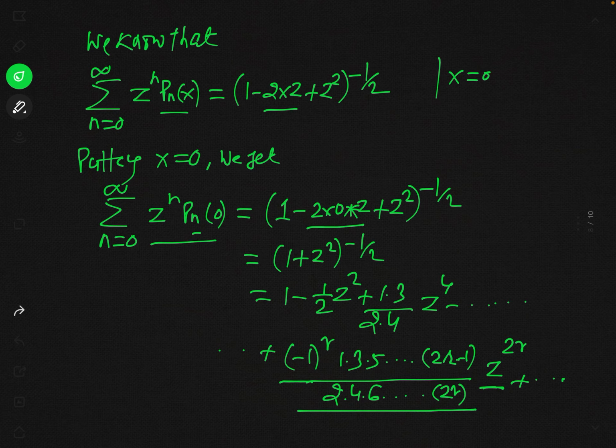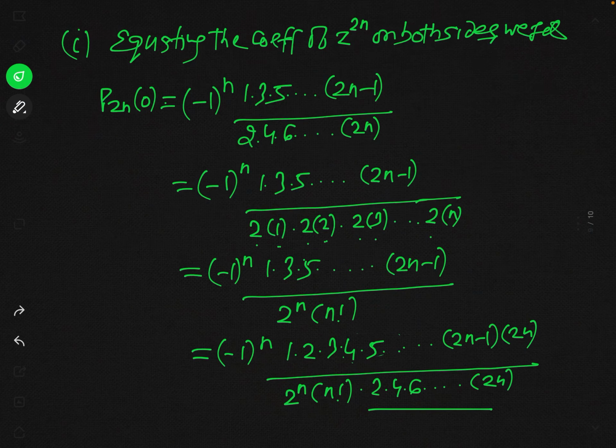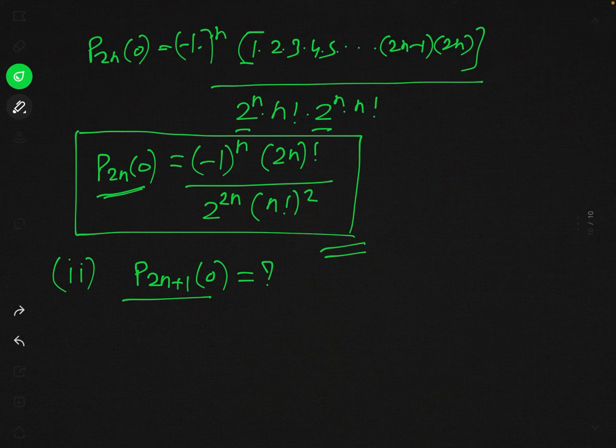एक्चुअली हम लोगों ने जो एक्सपेंशन किया है z टू द पावर n, Pn ऑफ जीरो का, फ्रॉम n इक्वल टू जीरो टू इन्फिनिटी, तो आप अगर सीरियसली ध्यान से इस RHS को देखें, इसके एक्सपेंशन को देखें, तो इन फैक्ट इन RHS देयर इज नो टर्म कंटेनिंग z टू द पावर एनी ऑड नंबर। z पर कहीं भी ऑड नंबर पावर के रूप में है ही नहीं। आप देख सकते हैं यहाँ z² है, यहाँ z⁴ है, और जनरल टर्म जो भी लिखा है उसमें भी z टू द पावर 2r है। 2r मीन्स इवन नंबर, नॉट ऑड नंबर। सो z टू द पावर 2r प्लस 1 वाला कोई टर्म है ही नहीं RHS में।